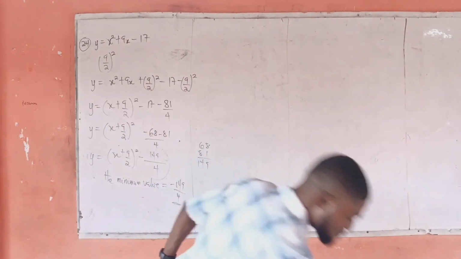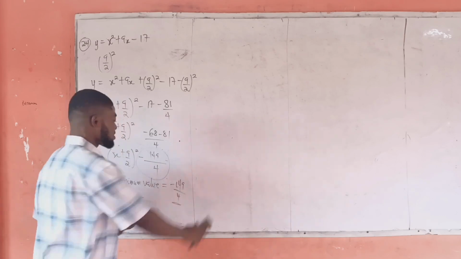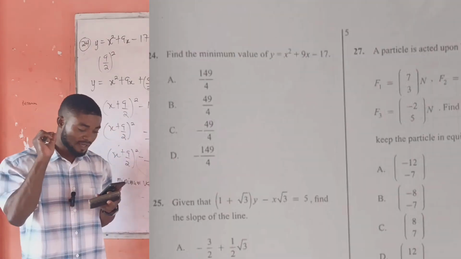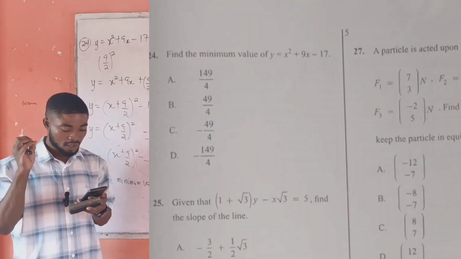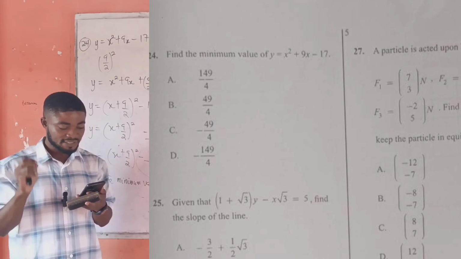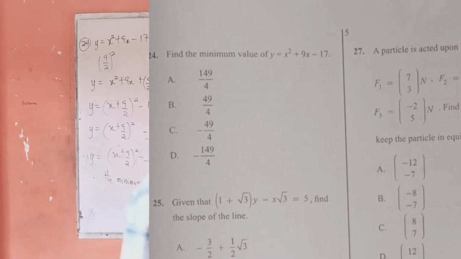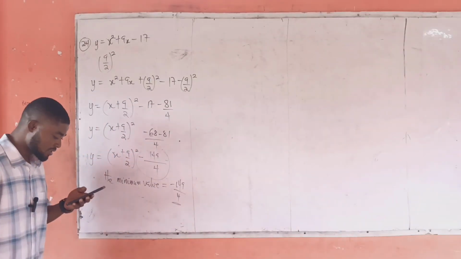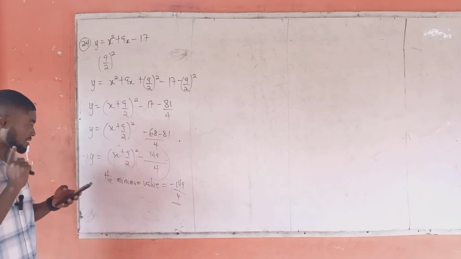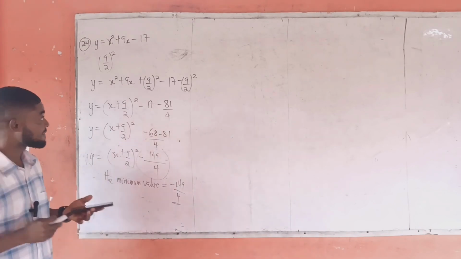When we look at the possible options that were given from the beginning, we have 149 on 4, 49 on 4, minus 49 on 4, and then minus 149 on 4. And so minus 149 on 4 is the option to be chosen in this particular situation. Question 25 says that